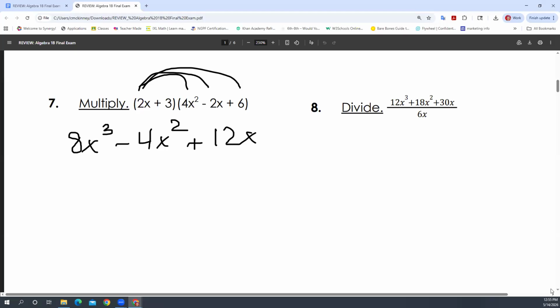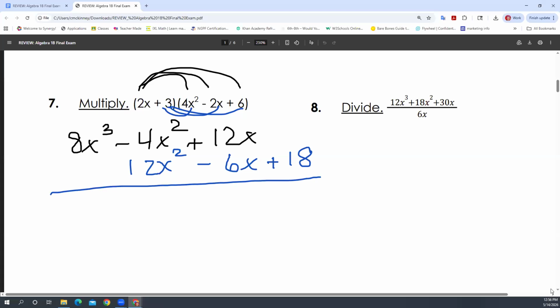And then it is the 3's turn, and I'm going to do 3 times 4x squared. I like to put it in a second row, and I'll line it up with like terms. So I just scoot it over one, and then my x squareds are lined up. 3 times negative 2x, negative 6x, and 3 times 6 plus 18. And now we're just going to combine like terms, and they're in nice columns together. So 8x cubed plus 8x squared plus 6x